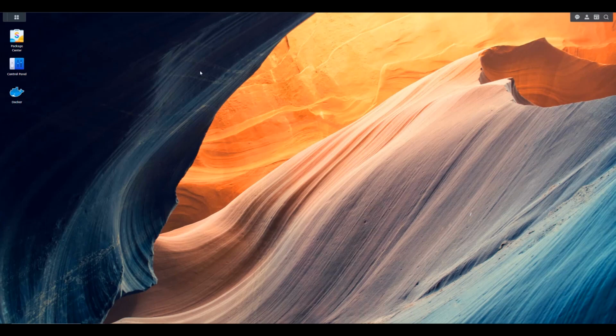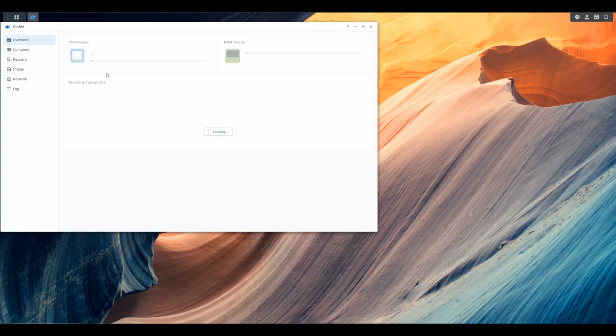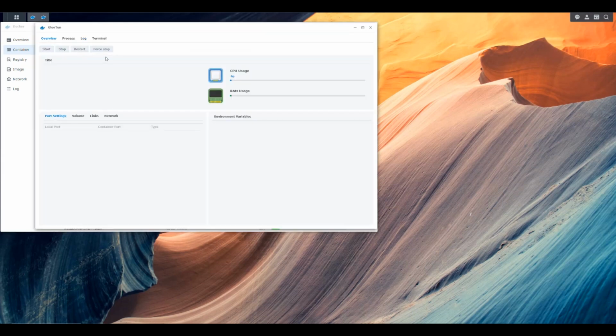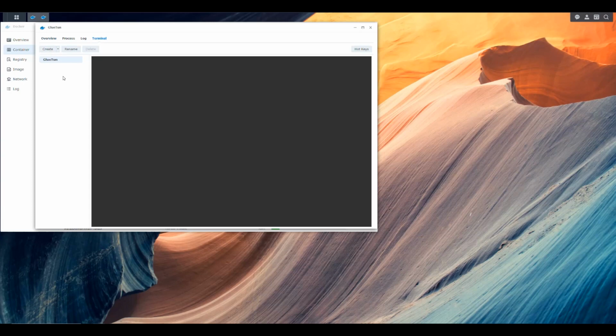Alright, our NAS has restarted. We can go here into Docker because it takes a little bit longer to load Docker after we do this. So let's wait a little bit for it to load, and then we'll see the containers, and hopefully we'll see, there we go, we see GlueTun, which is what I was saying. It's running fine. So if we go into GlueTun and we go into terminal and we create a new terminal with GlueTun,